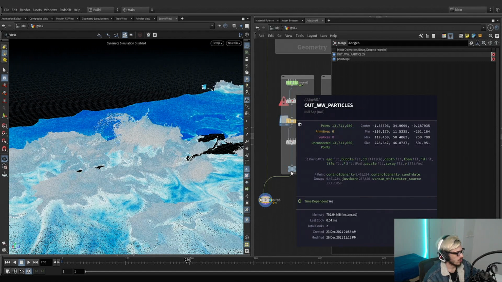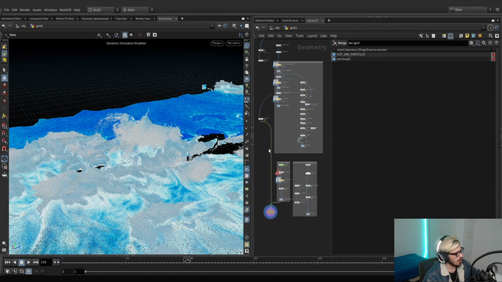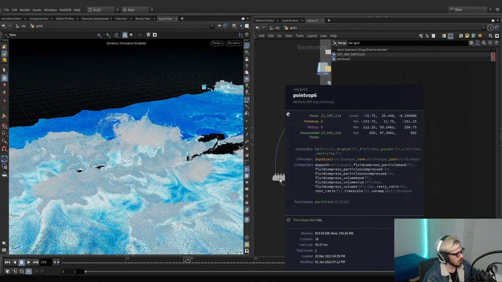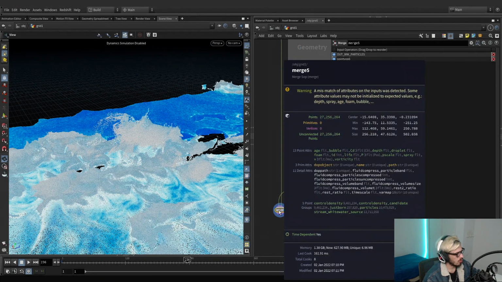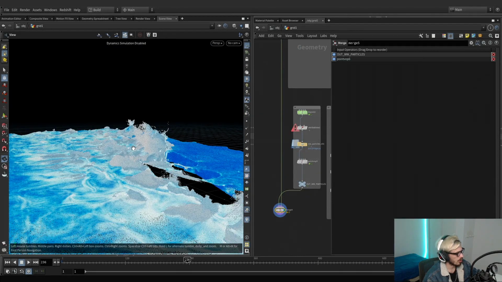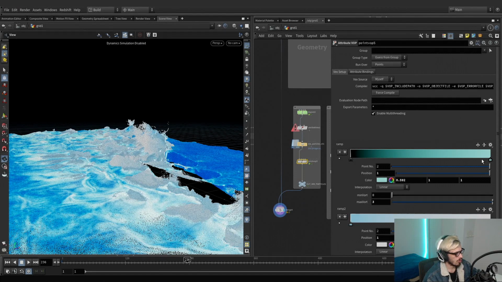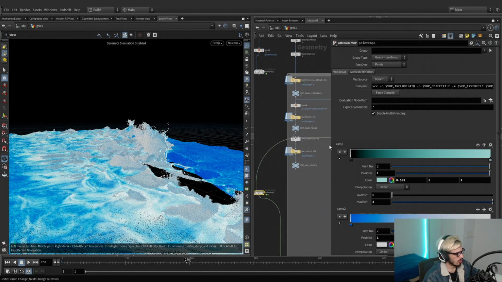We have 13 million points on the white water, and we have around also 13 million points here. So if we combine these two, we have 27 million particles, and we can obviously move these values around, and it should change as soon as I do something with it. Right here, see, they can move, and we can control how it looks,